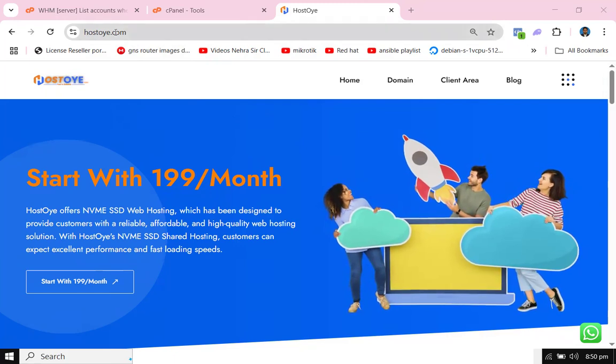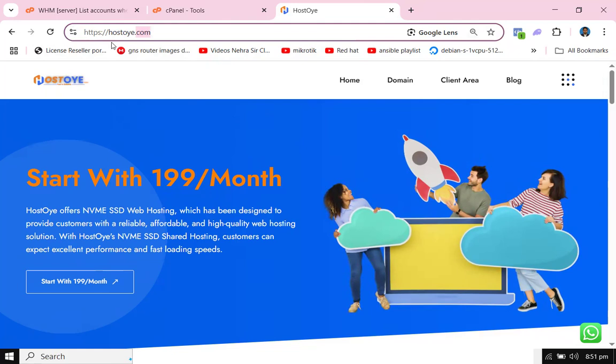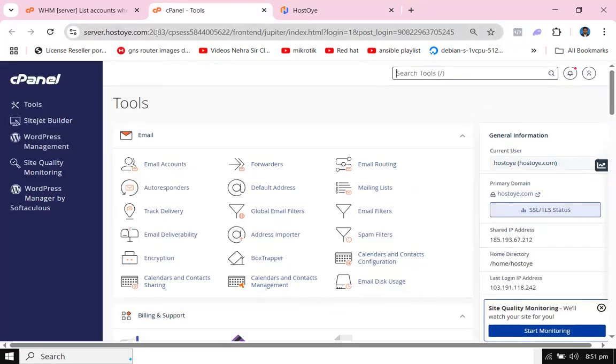In this video, I will guide you on how to install the SSL certificate on your website. If you see a warning here like "Not secure", it means the SSL certificate is not installed on your website. So you need to open the cPanel